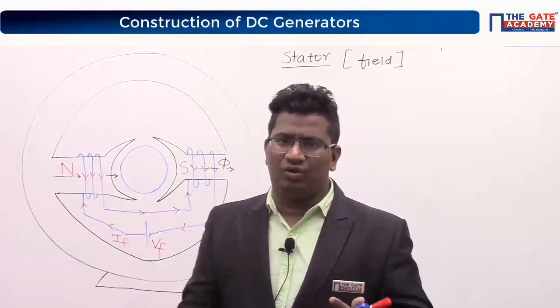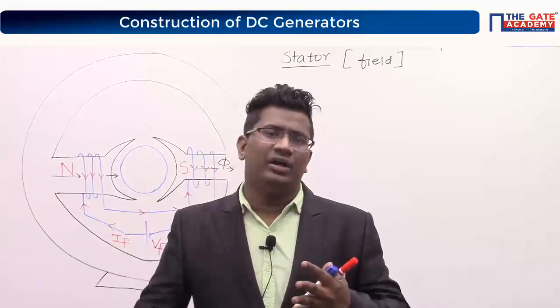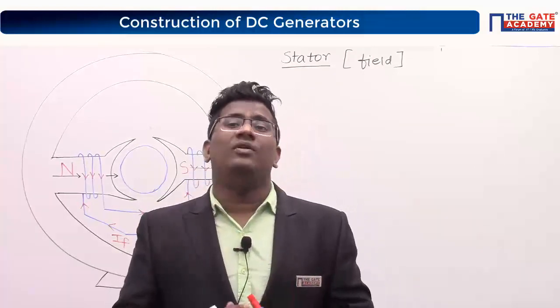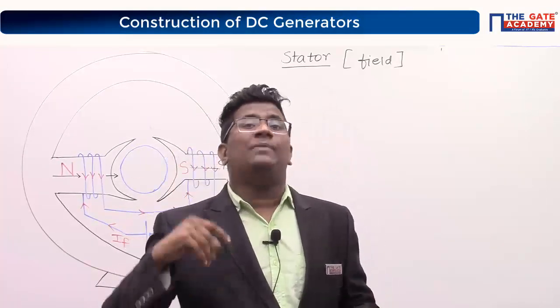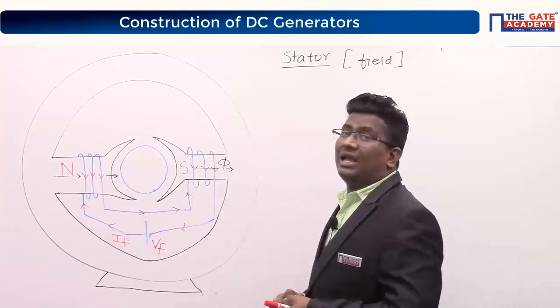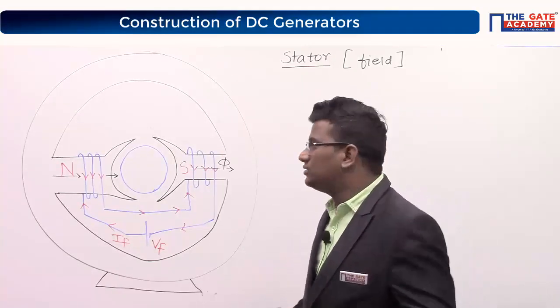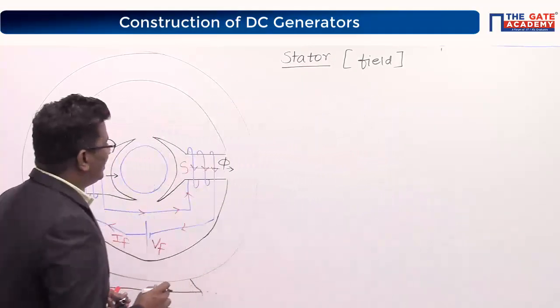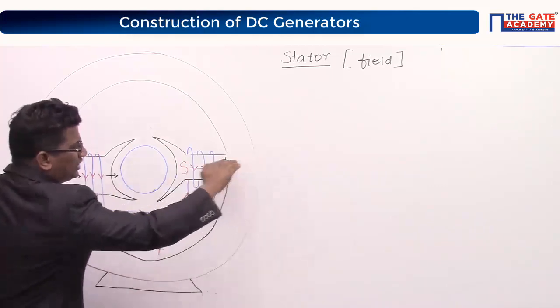Where we have various cores, like I told you: plastic, rubber, wood, iron core. But always we will prefer high reluctance material or low reluctance material, or high permeable or low permeable. Which one will we prefer? Yes, an iron core material, that is called silicon steel, correct? Silicon steel.